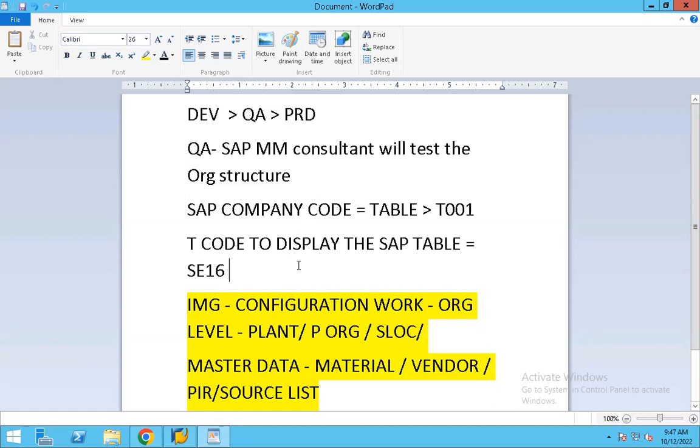Out of these different organization levels, the client is always configured by the SAP basis consultant, the company code is configured by the SAP finance people, and the rest of the 3 org levels, that is plant, purchase organization, and storage locations, are maintained by SAP MM consultants.